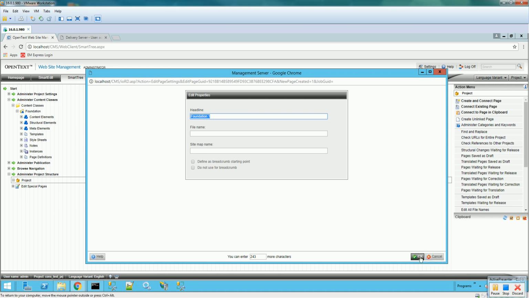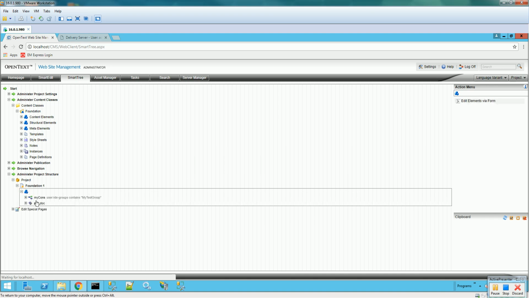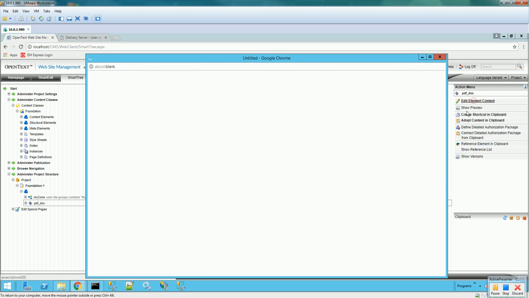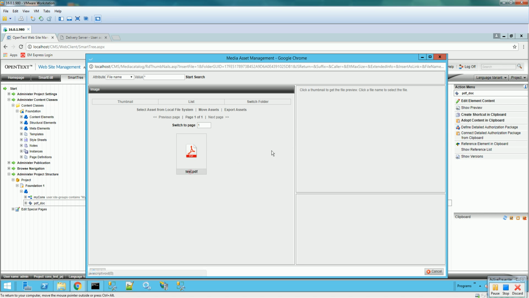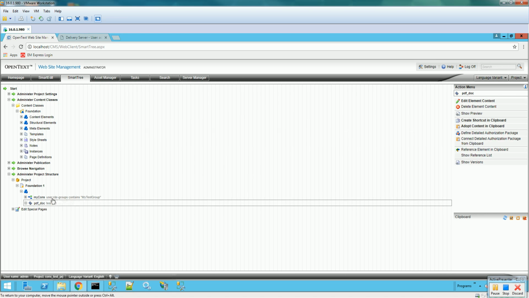So foundation 1 is fine. In the foundation 1, we just need to connect the document. So we say edit element content and we assign this test document to this media. As you can see here, we can see the full constraint